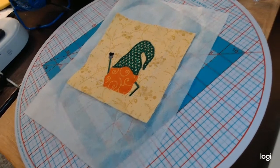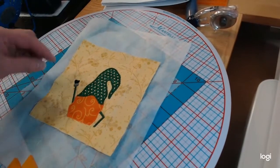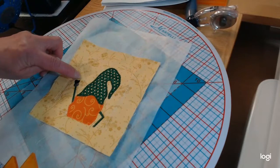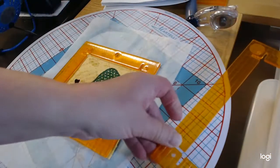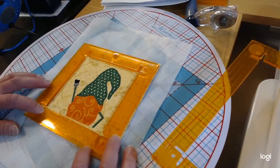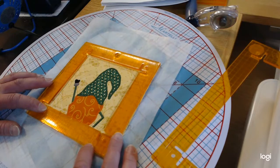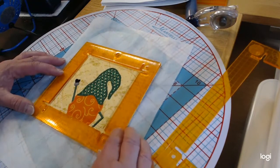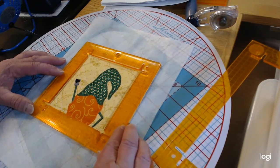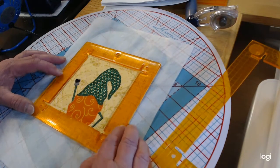Okay, so here's our little gnome, and he's going to have a little button nose too, and I think he has a little flower, a little watering can in his hand up here, so that'll be a little button, I think. So this one's going to be 4.5 by 4.5. So remember, we wanted the bottom of his beard to be right on the cut line, so I'm just going to get this lined up along the bottom of his beard. I'm looking at all the lines all the way around to make sure I got it centered. Those placement or tack down lines for the fabric really help you with the cutting, because it's so much easier to get the